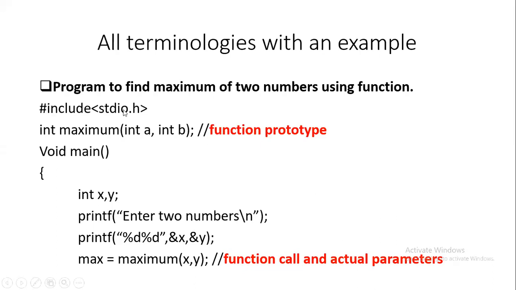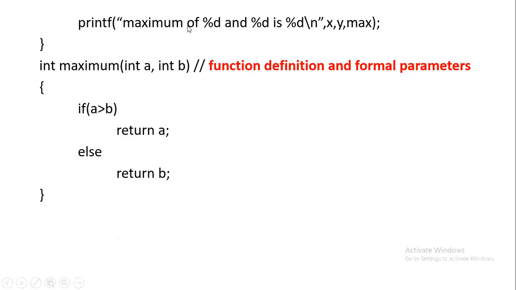How does this work? Control will come here, header file, then it sees the prototype. Okay, there is a maximum function defined in this program. Then it will not go to that function at all. It will start from main. Whether we define the entire function here or define it later by giving a prototype, control will always start from main. So execution will always start from main. It will take this input x and y, and now when there is a function call, say we give 3 and 4, maximum of 3 and 4, from this line the control will go to the function definition. So it will not execute this. From the function call, control comes directly here.